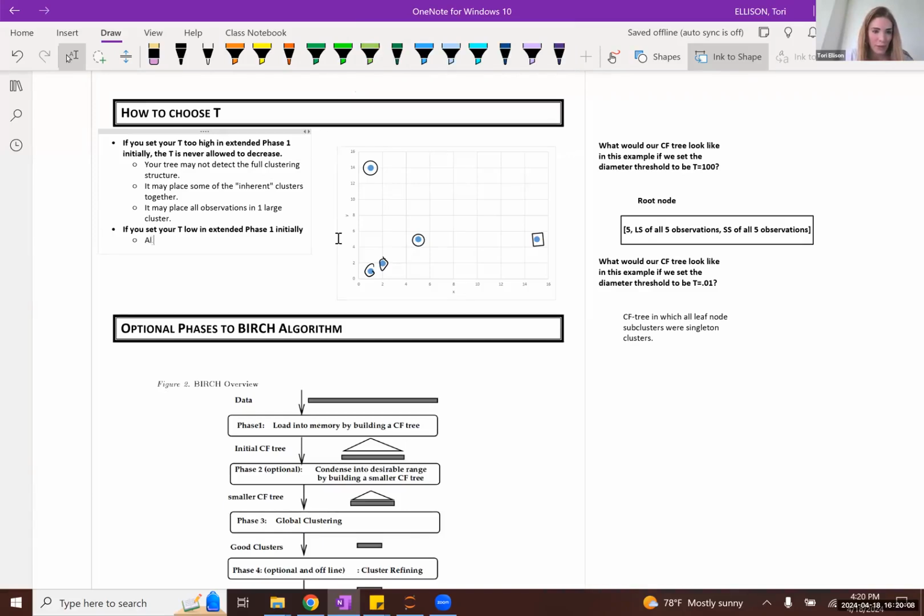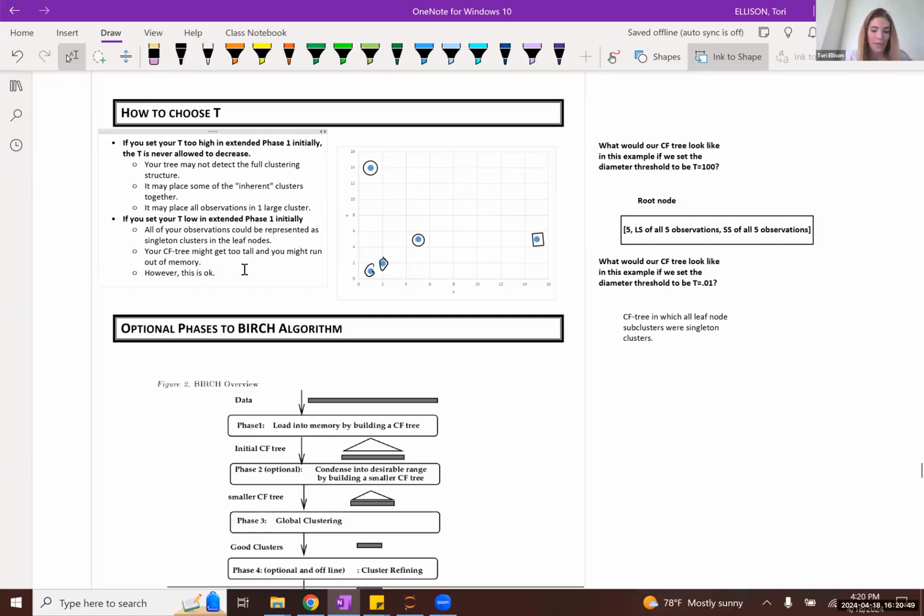Basically, all of your observations could be represented as singleton clusters in leaf nodes. All right, so that's going to end up taking up a lot of space. Your CF tree is going to dramatically increase in height very quickly. And so your CF tree might get too tall and you might run out of memory.